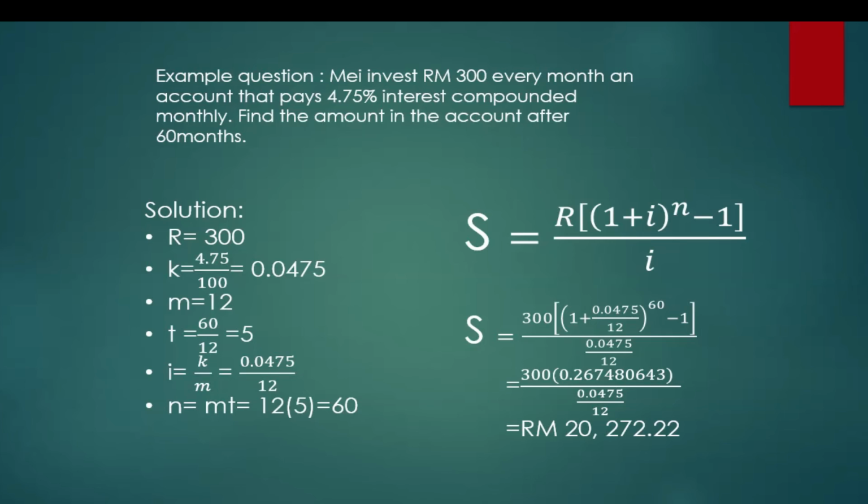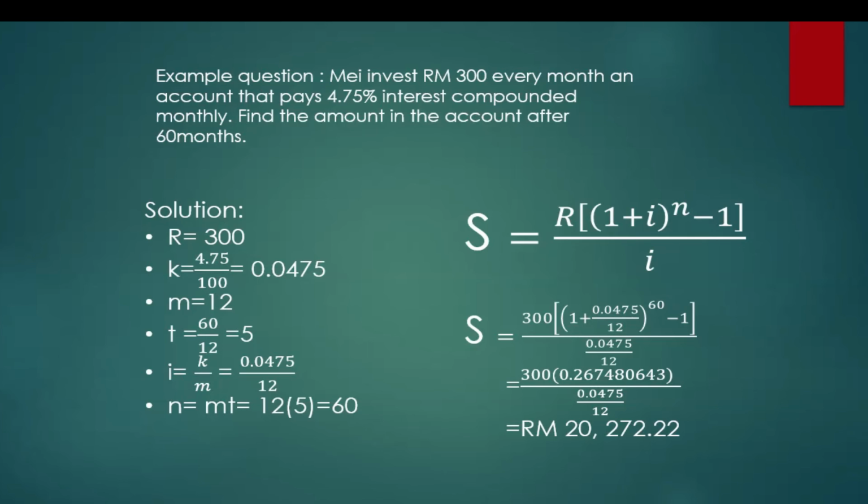The solution, first of all, we need to find the information, which is R equal 300, K equal 4.75 divided by 100 equal 0.0475, M equal 12, T equal 60 divided by 12 equal 5,